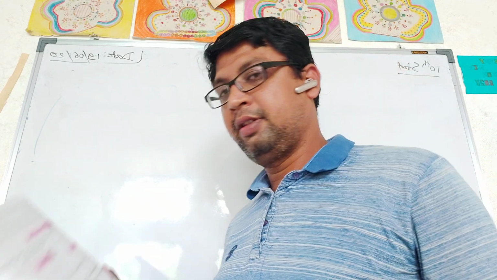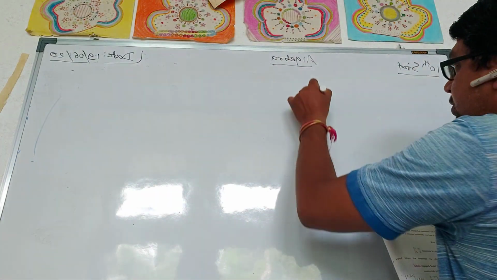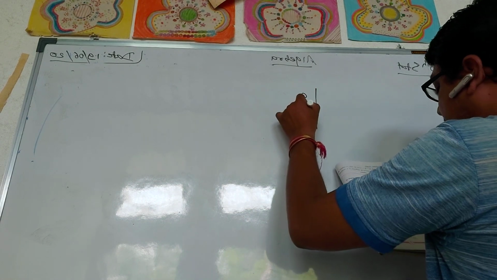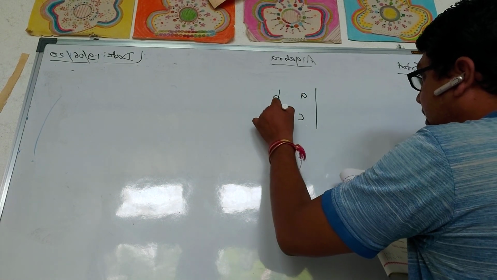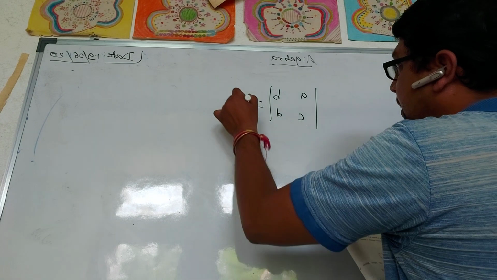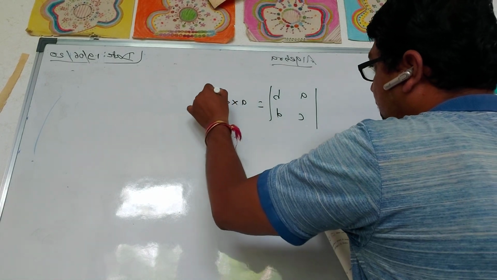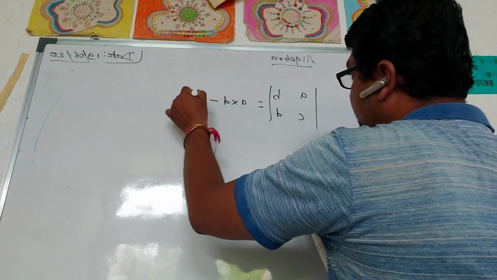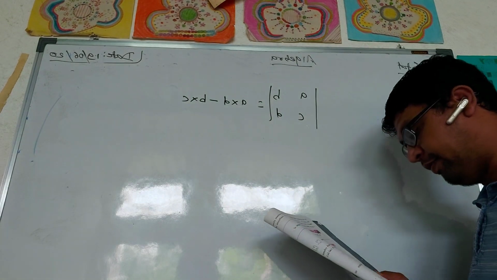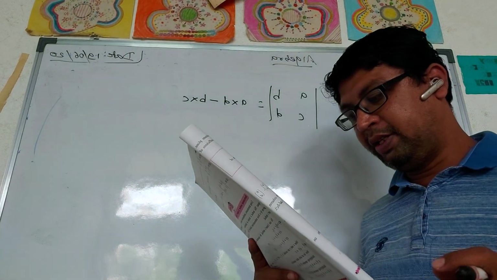In this, suppose four terms are there, A, B, C and D, then its value will be A into D minus B into C, in this way. So on the basis of this,